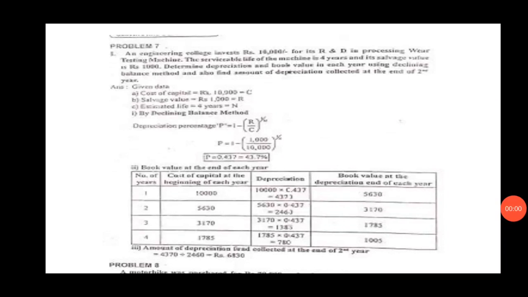Hello students. Now we shall look at the second method of finding the depreciation, that is the declining balance. So in this declining balance method of depreciation, initially the depreciation will be more, and this is more valid also, because initially the depreciation will be high and gradually it keeps on reducing. That is true in real life also.